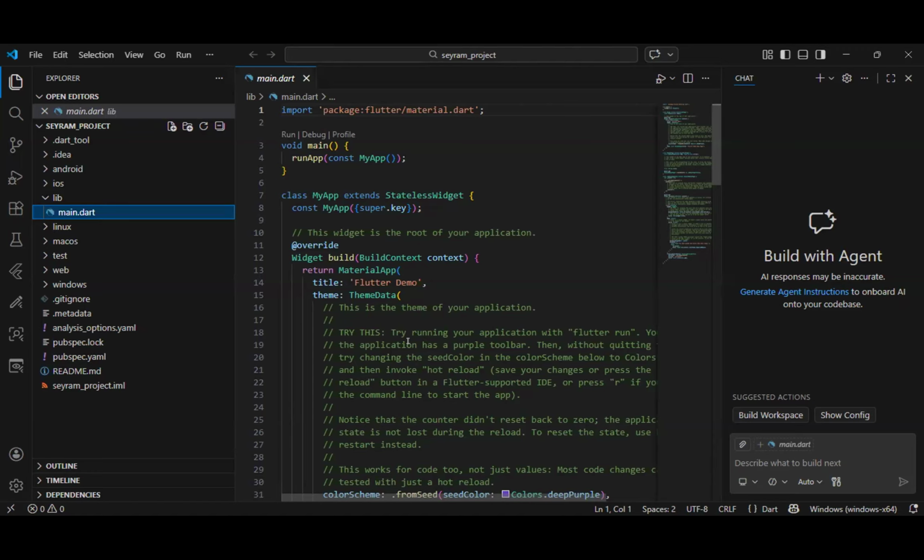Sir, I was downloading the Flutter SDK. Has it finished downloading? No, I don't have the zip file. So let it finish downloading to give you the zip file. Nothing is showing like download.